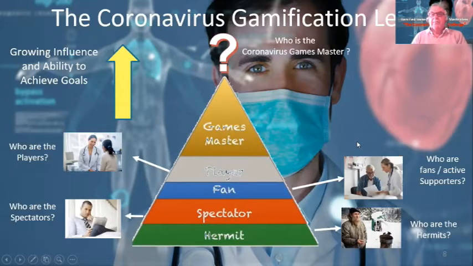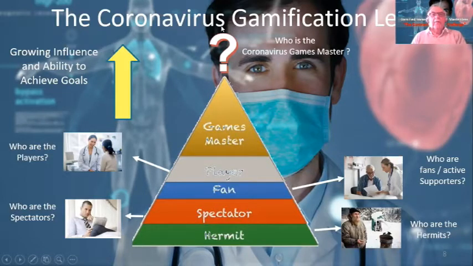These are likely to be patients and people who are affected by lockdown. Underneath that layer, you've got the spectators. Very few people, I think, in today's situation, you could argue as spectators because everybody is involved in the coronavirus game.